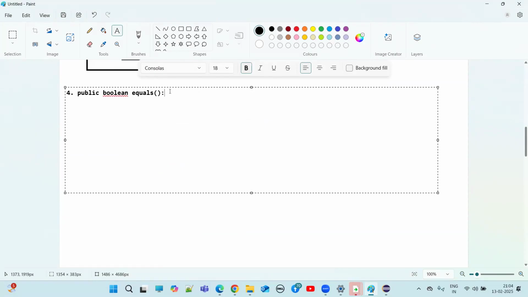The String class implements the equals method for content comparison. If you want to compare two objects and they have the same content, it will give you true. If the two objects don't have the same content, it will give you false. Right? String s is equal to